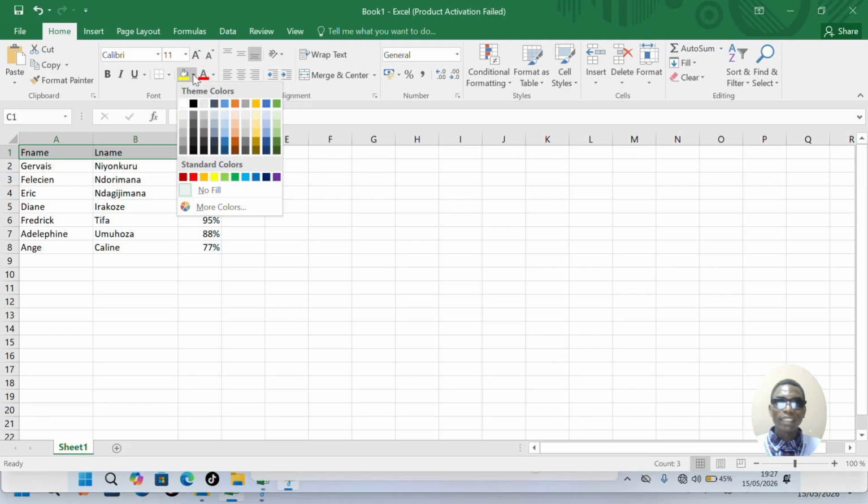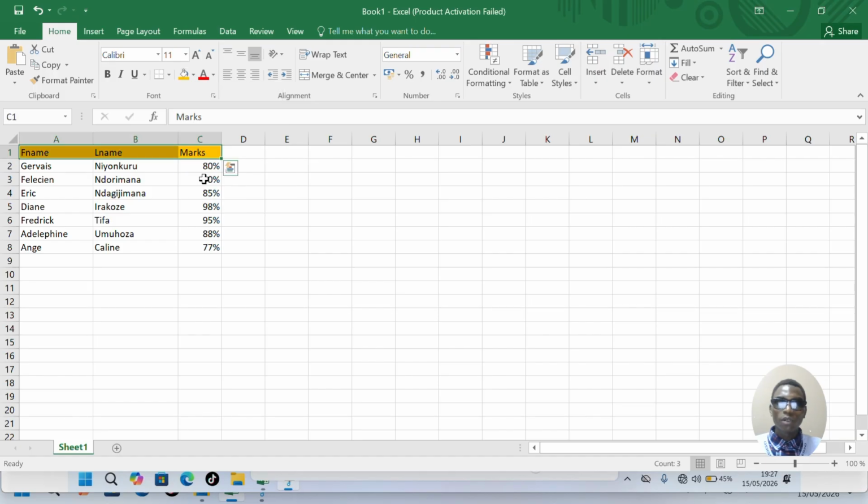You click on this drop down so that you can get more options where you can select the best color you want to use. For example, I can just use this one. See how it looks like? You can use this one, you select the best one, right? But for us, let us just use this one. I think this is very clear and attractive, so you click on that, and as you see, it is now looking